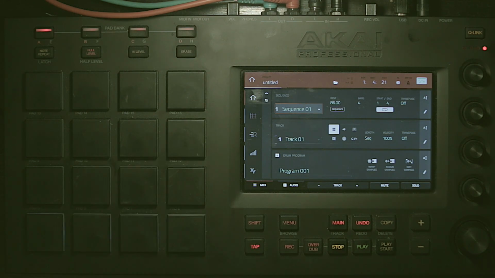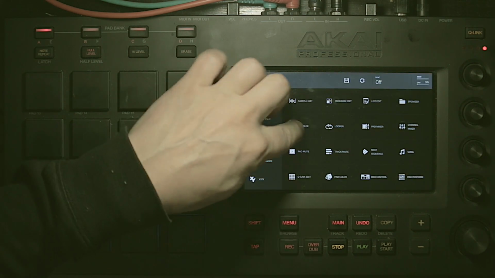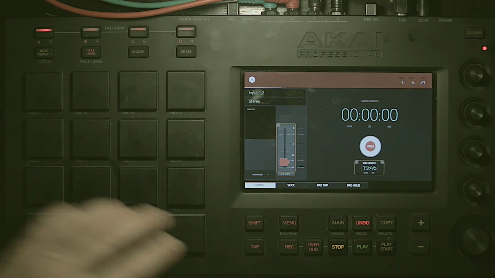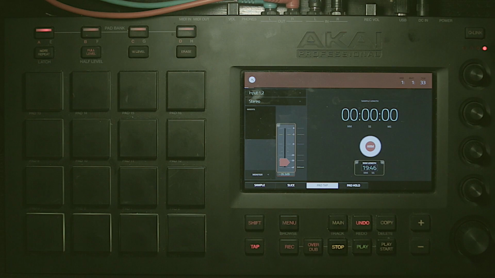I think this can be good production wise if you have an external keyboard, and that's what we're going to have a look at. I have my iPad connected to the touch right there, and I have incoming signal to the sampler, right? And I'm going to record using that technique of the pad tap. Okay, I got my incoming signal from my iPad,